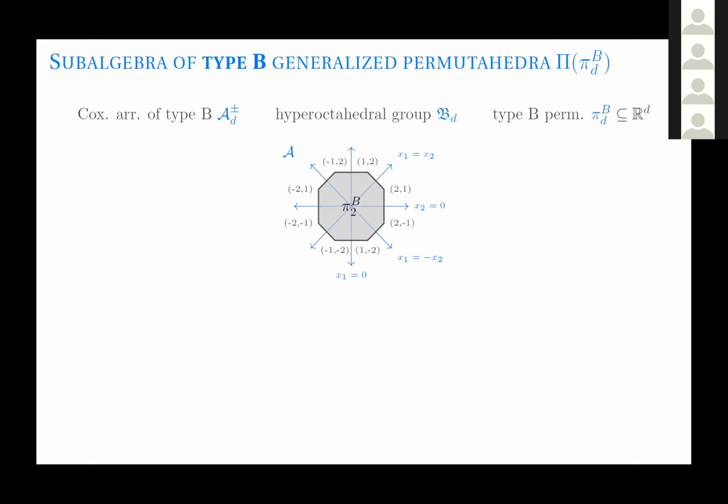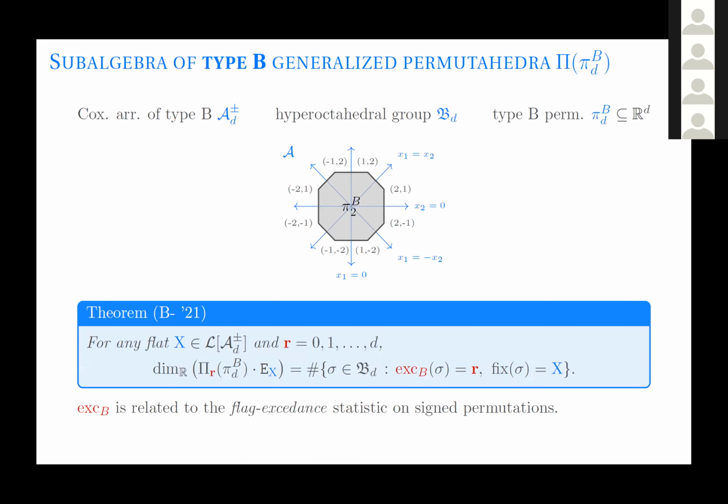I'm not going to give all the definitions here, but there's a very similar-looking theorem in type B. Again, the dimensions of these spaces, which are indexed by degree and a flat of the arrangement, are counting certain signed permutations with respect to these parameters. And if you're familiar with statistics on signed permutations, then you'll know that there are many definitions of exceedances in